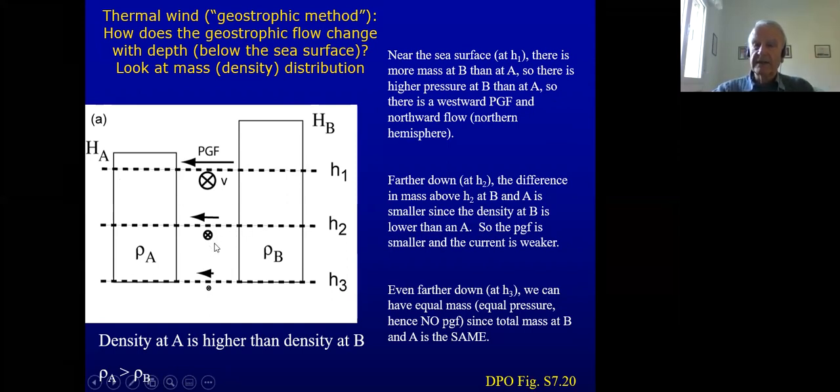Since in equilibrium we have the Coriolis force balancing the horizontal pressure gradient force, the lower the horizontal pressure gradient force is, the lower is